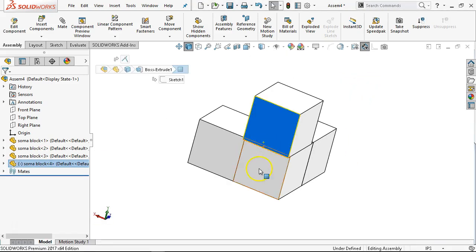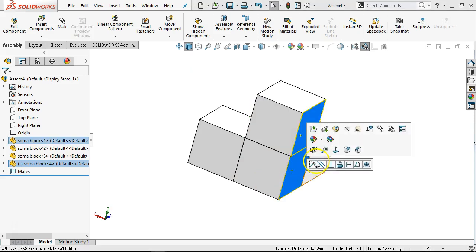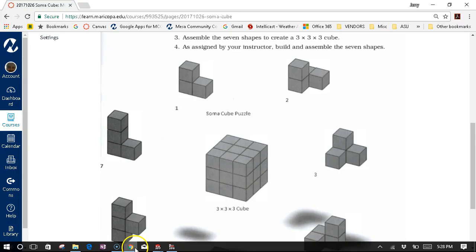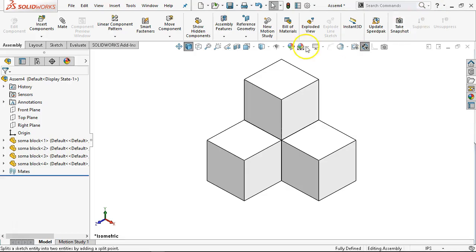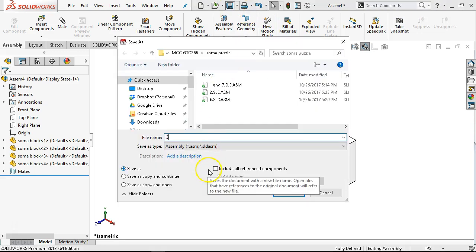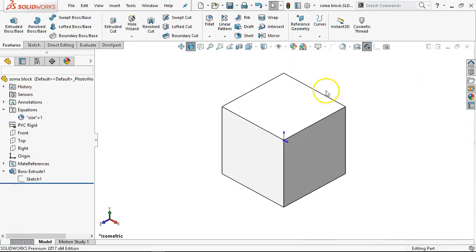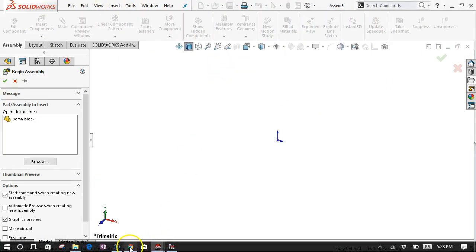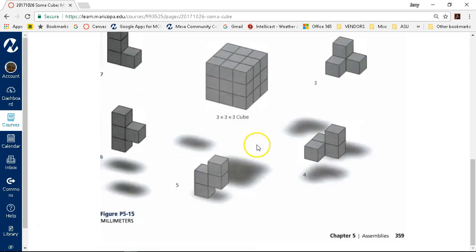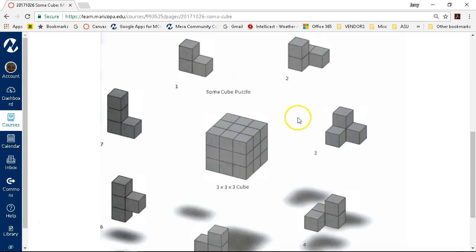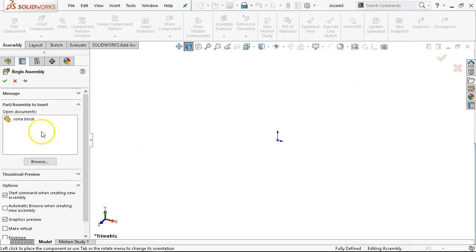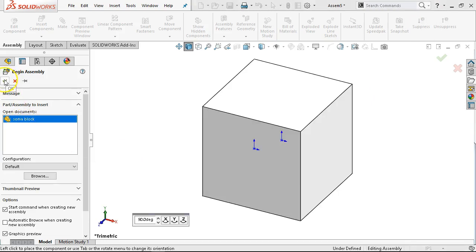All right, so probably in this case just as easy to flip around, coincident, coincident. And I don't want to keep renaming, so I'm going to jump back over and verify that that is item 3. And we'll close it, new assembly. All right, item 4 was kind of the opposite of 2. And still trying to rotate that and get it to work as the same thing. So origin to origin,